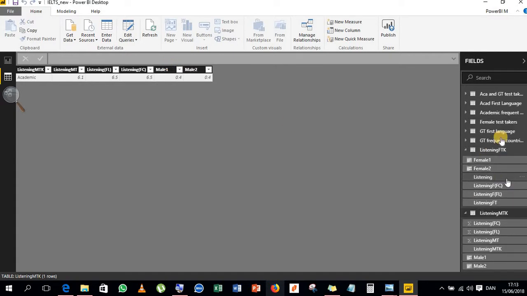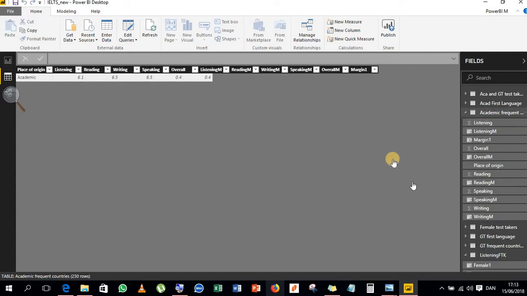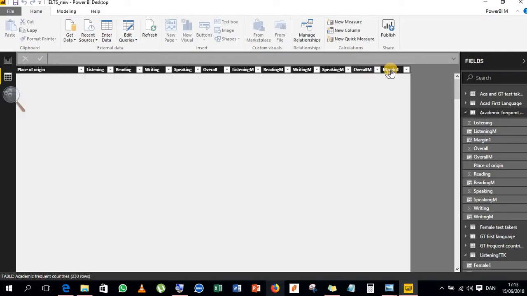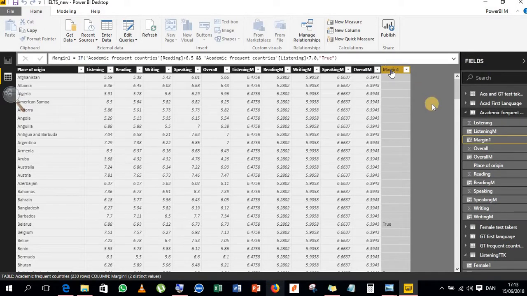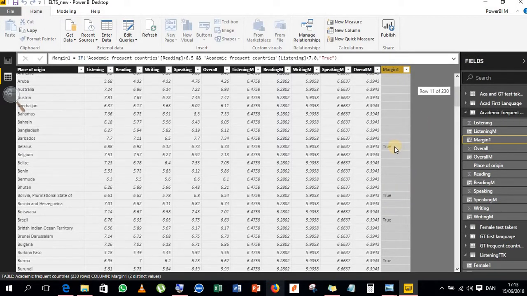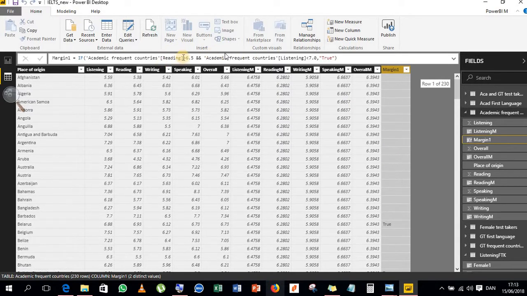But this actually is coming out from the academic frequent countries if I use the margin 1 in here. In here, as you can see, the true condition applies if I'm applying this particular set of margins. So if I suppose apply this margin like this, if I just delete it,